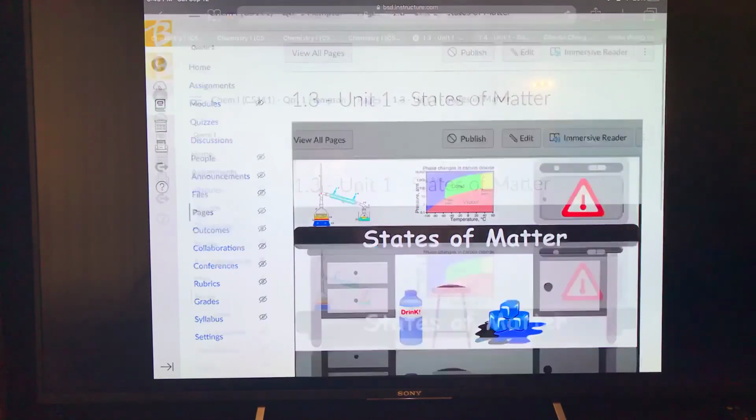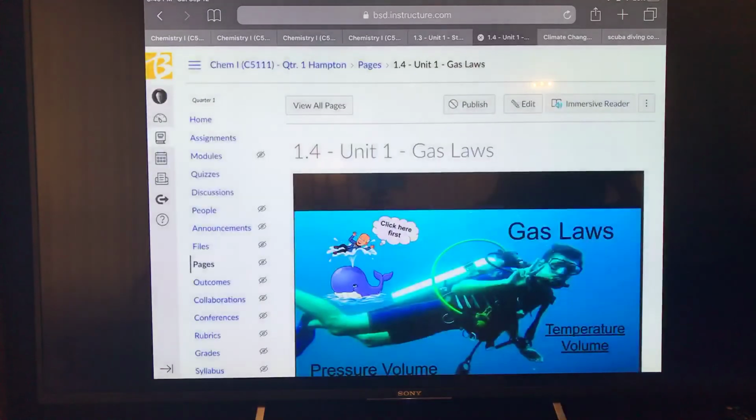Okay, and then when you get to 1.4, the gas laws, yes, I'm going to give you some gas law problems to solve, and yes, I will give you the equations. So the quiz will be basically true, false, justify your answers. It will be on formative, and I only teach one class of chemistry, and Miss Mockel, who teaches the other class, is not going to use the same quiz as me.